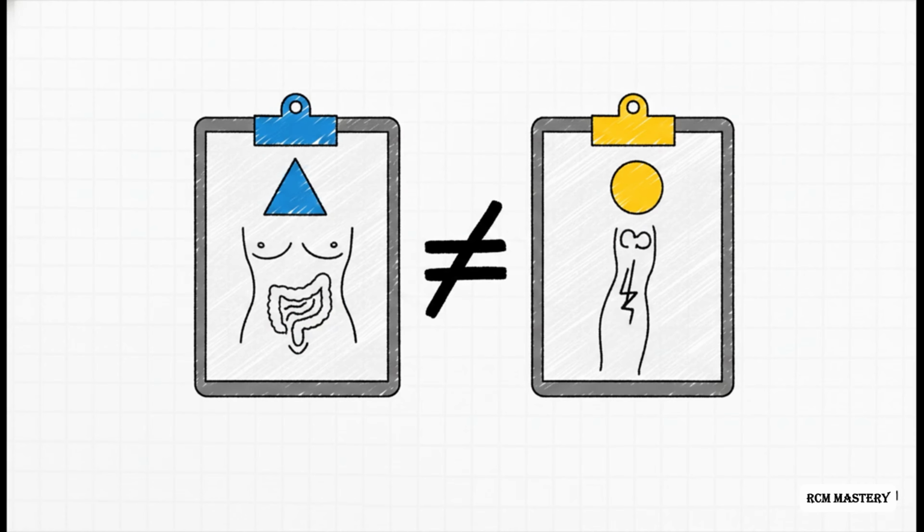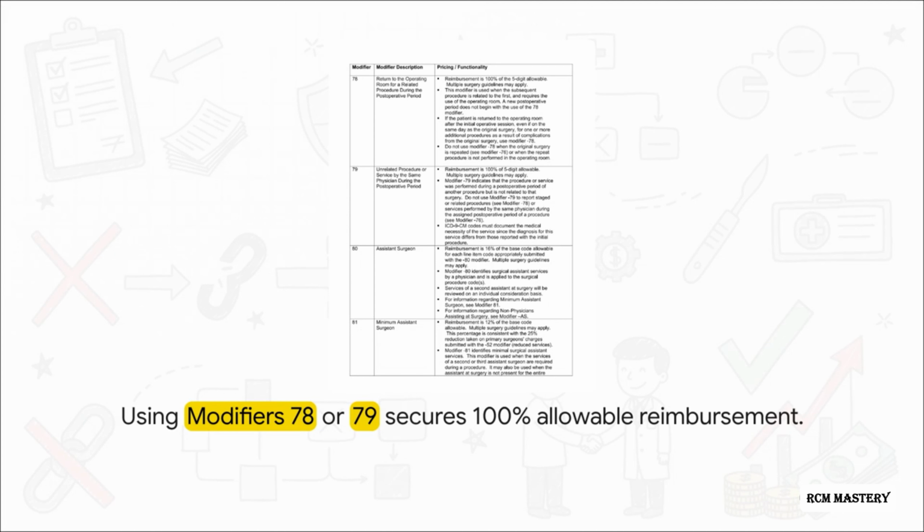Now, the burden of proof here is entirely on you and your coding team. To successfully overturn a denial with Modifier 79, you have to clearly prove medical necessity. The absolute golden rule here is that your diagnosis codes for this new service must be completely different from the diagnosis codes used for the initial procedure. If those diagnosis codes match, the payer is going to assume the procedures are related and they're going to deny your claim. As you can see, verified here in the coding manual, correctly applying either Modifier 78 or Modifier 79